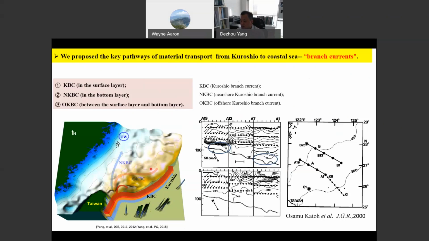The source water of this branch current came from the middle layer. So the source water is deeper than the source water in OKBC in this branch current. So the water temperature here